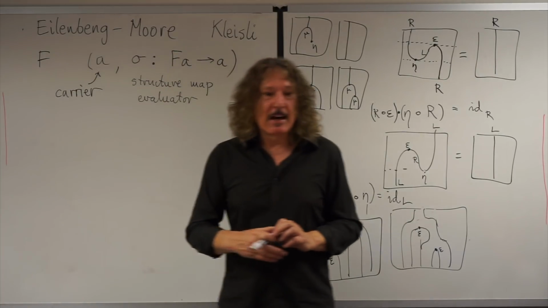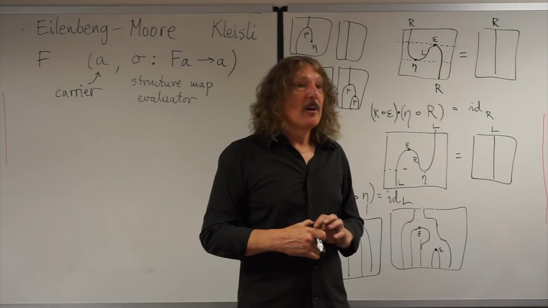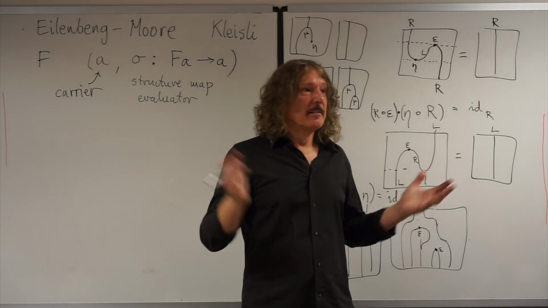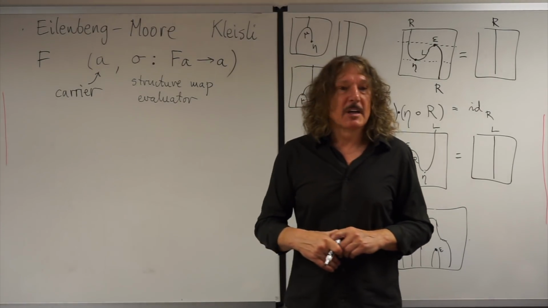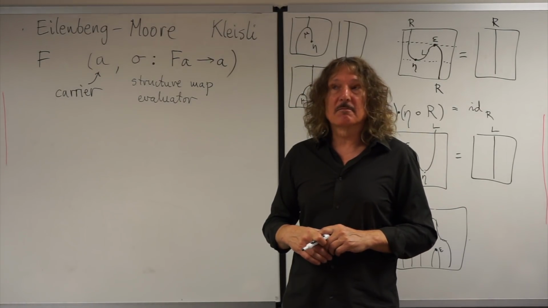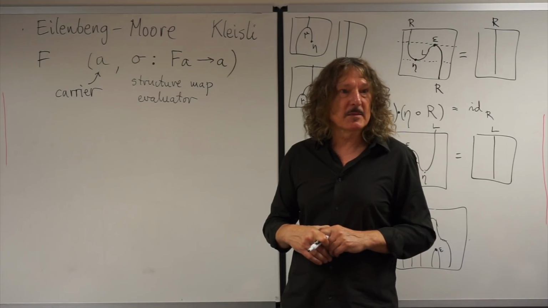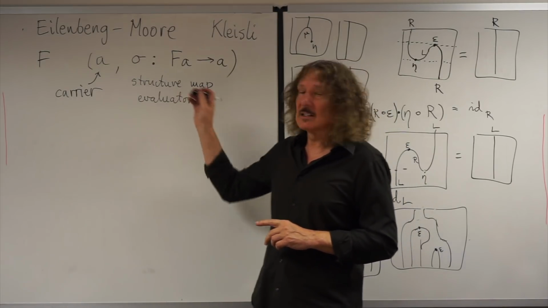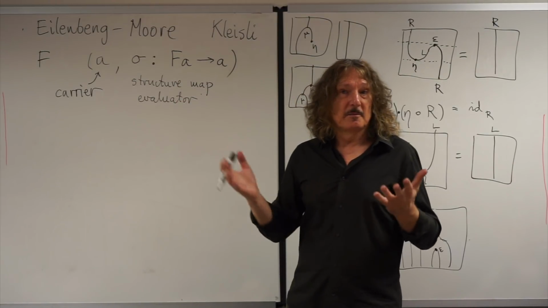Now these algebras also form a category, interestingly, right? What does it mean? Well, we have to have objects and morphisms, right? So objects in the category of algebras are algebras. So you pick,